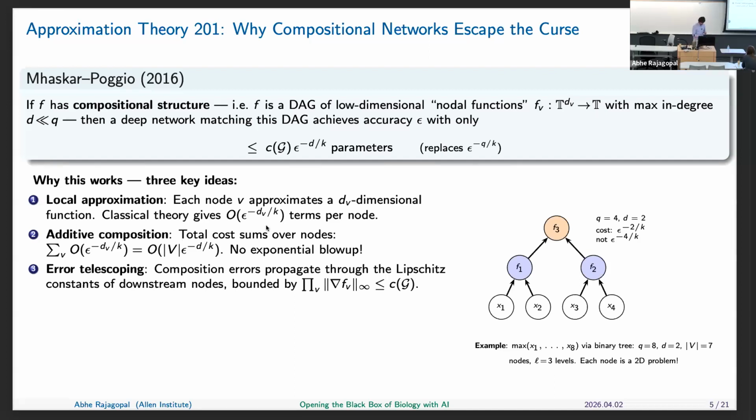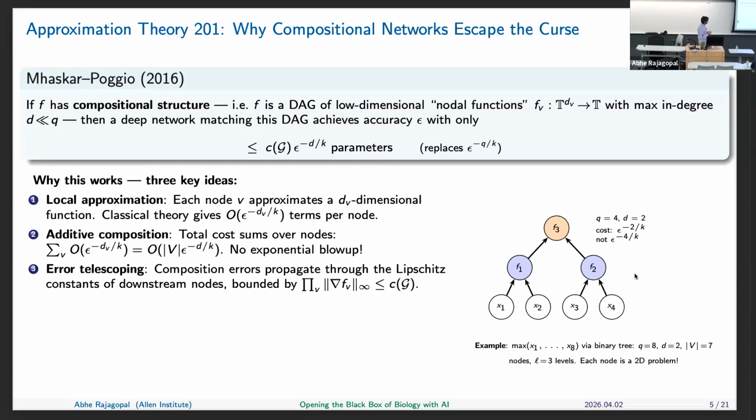So this is a really simple example of, let's say, a 2-layer network. As an example, you could pick the max function. What's the max of 4 items? That's a 4-dimensional problem where there's 4 different inputs, x1 through x4. But at the first stage, all you need to do is take the max of 2 items. And then you can apply that exact same function multiple times, and you can get the result for max 4.